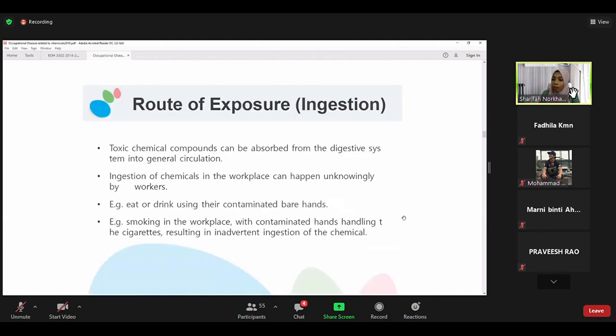And then ingestions. Ingestions ni means you ingest ataupun you makan, you swallow it down secara, most of it ialah secara tak sengaja, accidentally. Or perhaps, for example, if your house is berdekatan or nearby to the ladang, for example, oil palm plantation, when they spray the pesticide, pesticides dispersed to your house, to your kitchen, and then when you prepare your food, and then that is how it get contacts to you through ingestions. So that is accidentally swallowed by you.